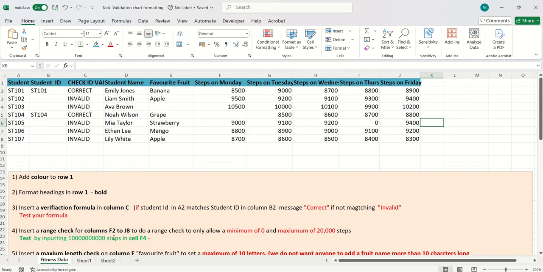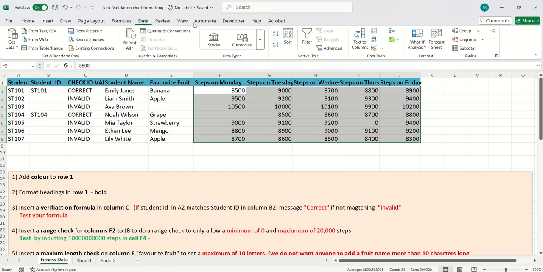So we highlight our cells from F2 to J8 because that's where we want to add our data validation of a range check. So I've selected from J2 all the way down to J8. Now to do any data validation, you must select data. Okay, we've highlighted it green, and then you want to click on this drop down arrow, data validation,